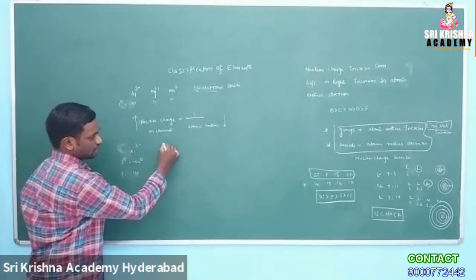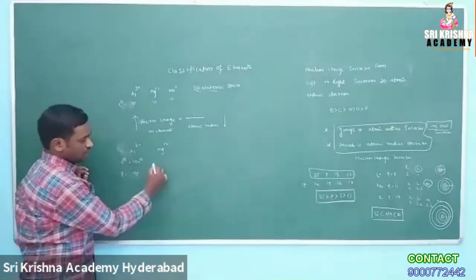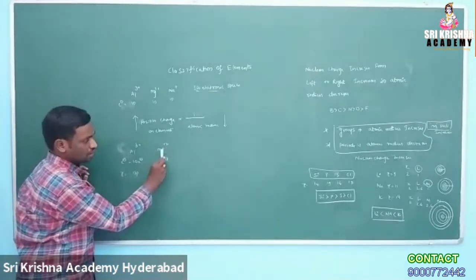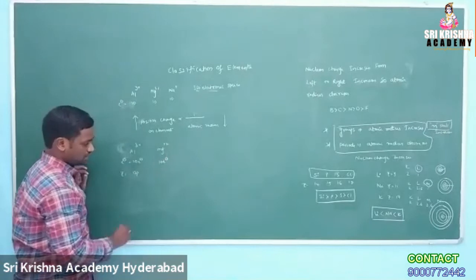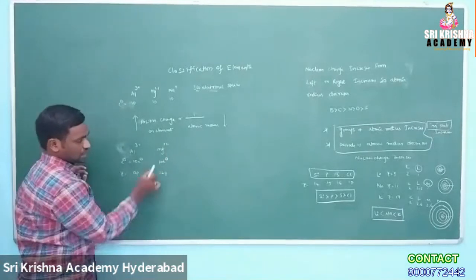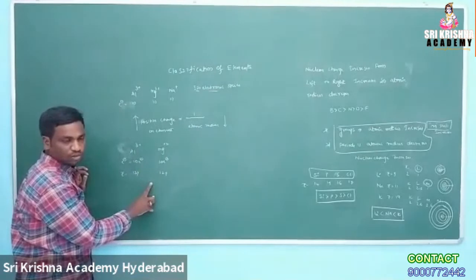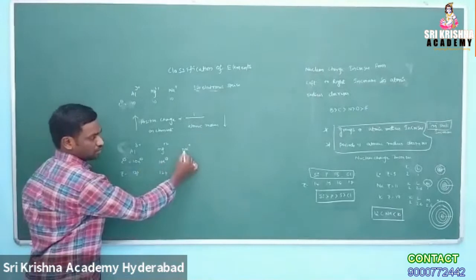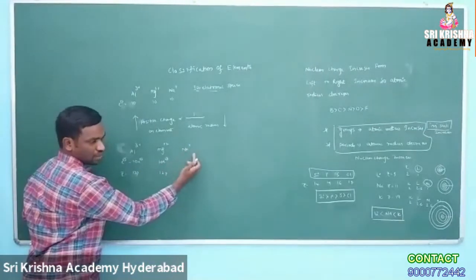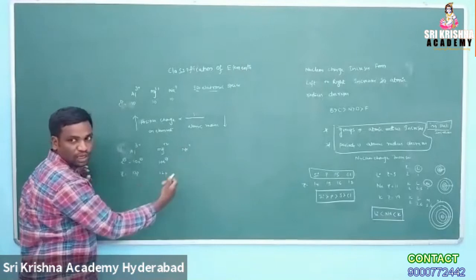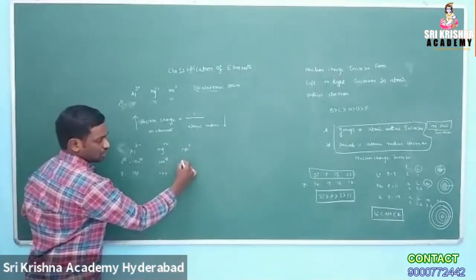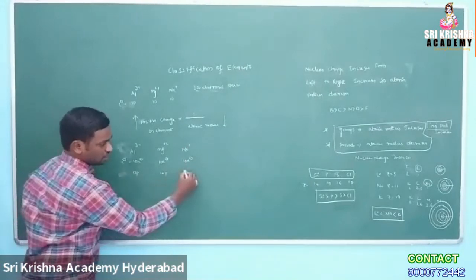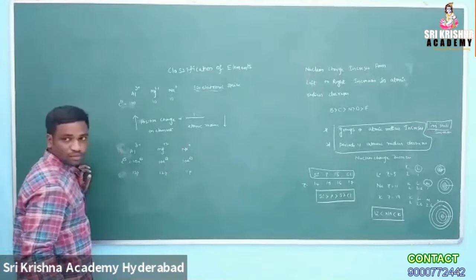For magnesium, plus 2 charge, the number of electrons here is also 10. Plus 2 charge means remove 2 electrons from atomic number 12, which gives 10 electrons. So the number of protons, the atomic number of magnesium, is 12. Next, sodium plus. Sodium's atomic number is 11. Plus means remove 1 electron, so here also 10 electrons. Z means number of protons, here 11 protons.